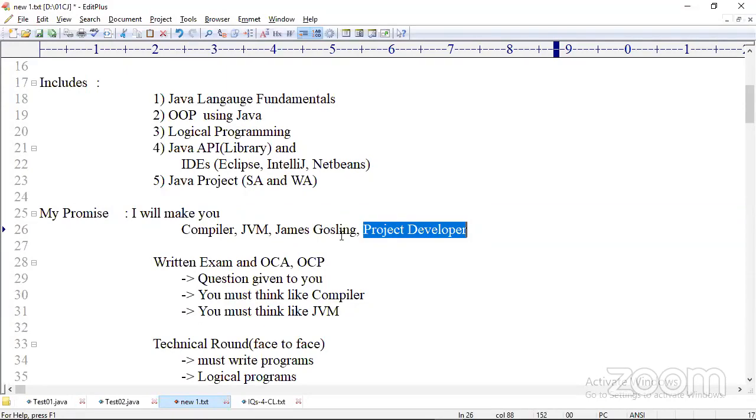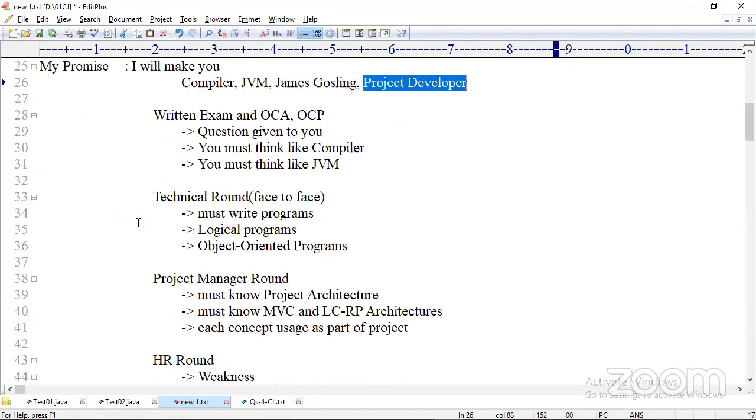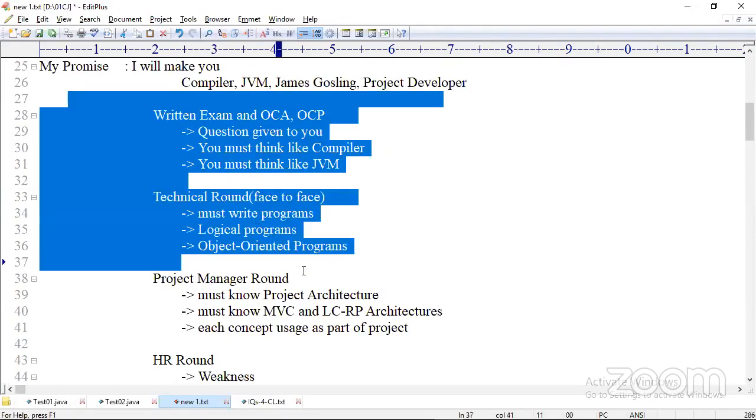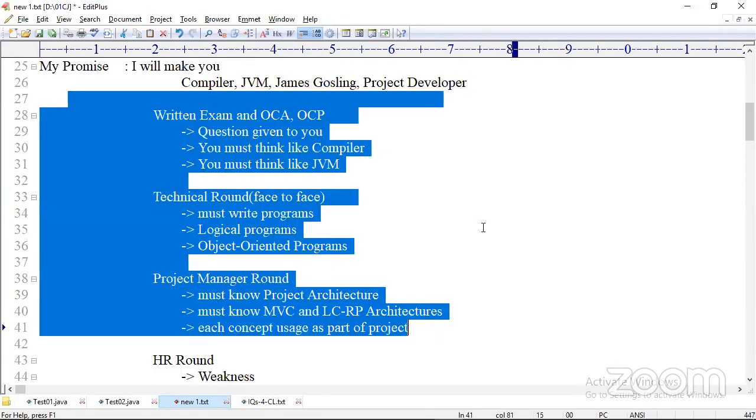Right. So now I'm going to cover all these rounds' questions: written test round, project manager round, everything will be covered. So what you have to think in the written test exam, what you have to think in the project: if you want to pass the written test exam, you must think like a compiler and JVM. If you want to pass the technical round, you must think like a programmer.